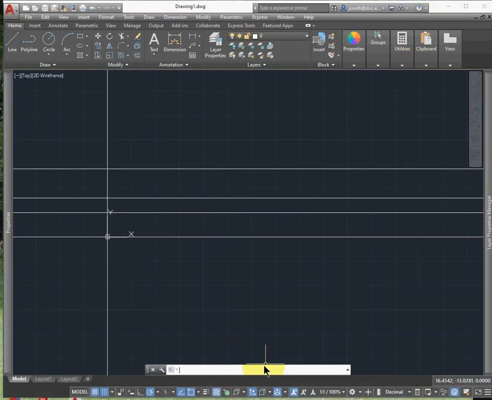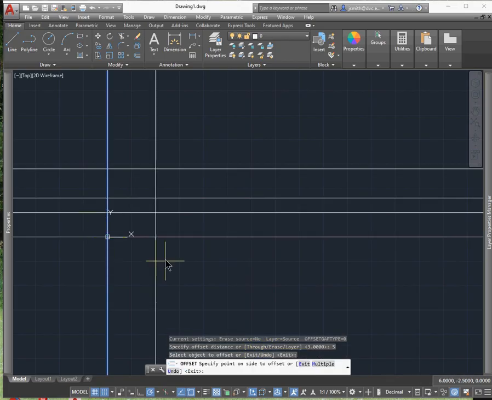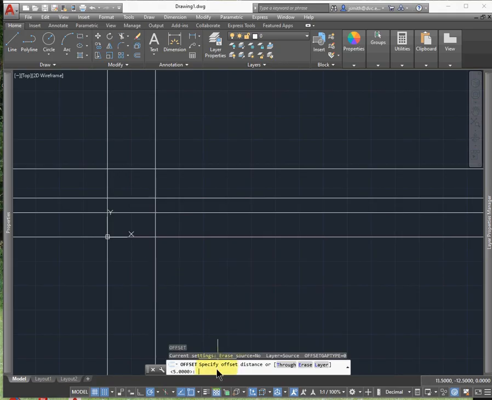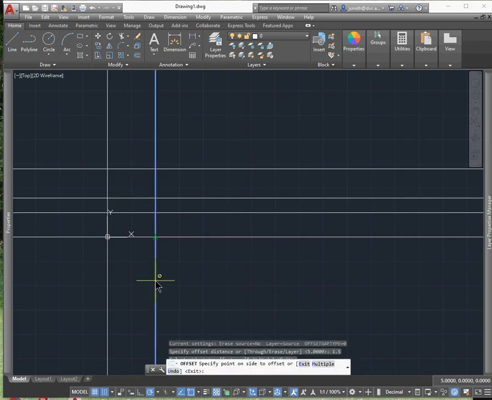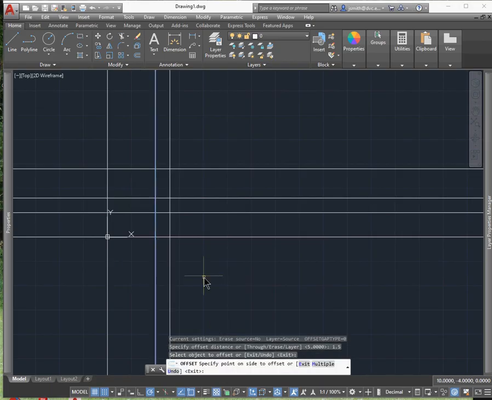So we're seeing in that drawing the top, front, and side view. Type in offset, and in this case I'm going to type in 5. Push enter, select the line, and move it to the direction I want to go. And hit escape, push enter again. In this case, I'm going to type in 1.5, press enter, select my line, move my mouse to the right,